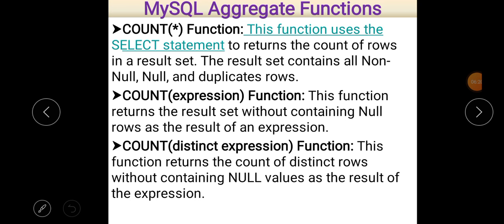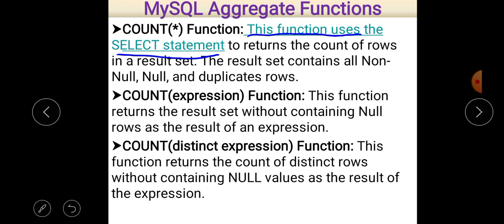Let us take another slide. Now you can easily see the explanation of the count star function. This function uses a select statement. As I told you earlier, without select you are not able to use this function.